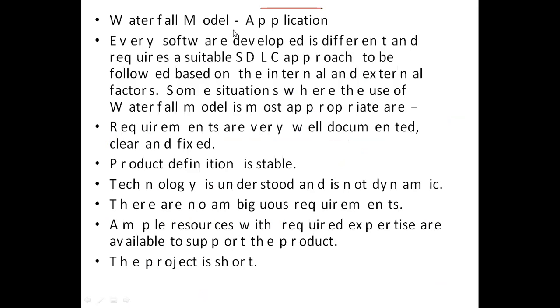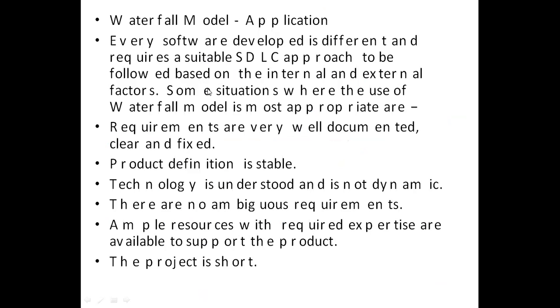Now we'll see waterfall model applications. Every software developed is different, and requires suitable software development life cycle approaches to be followed based on internal and external factors.